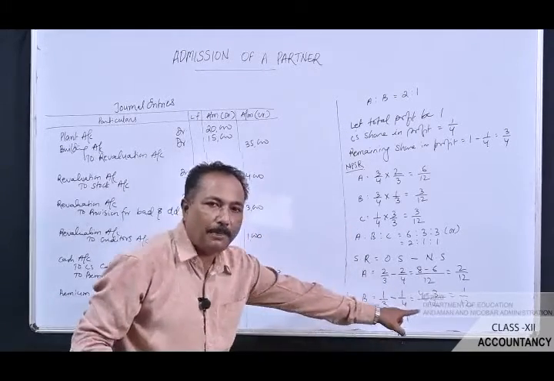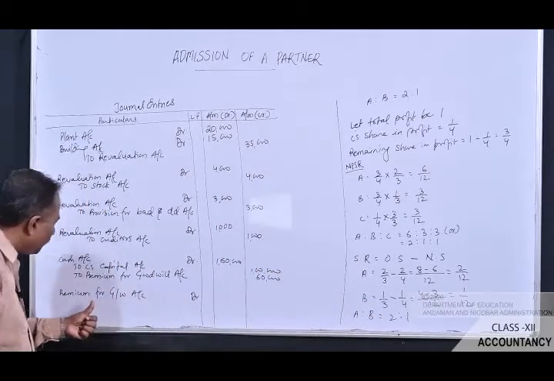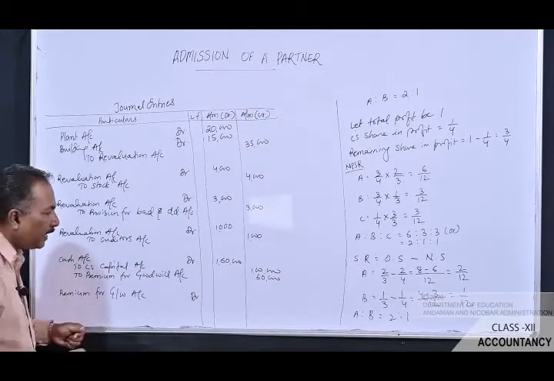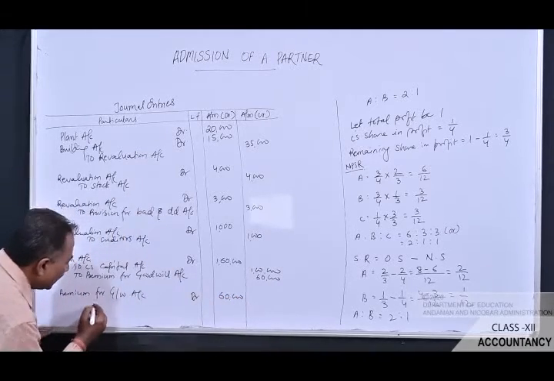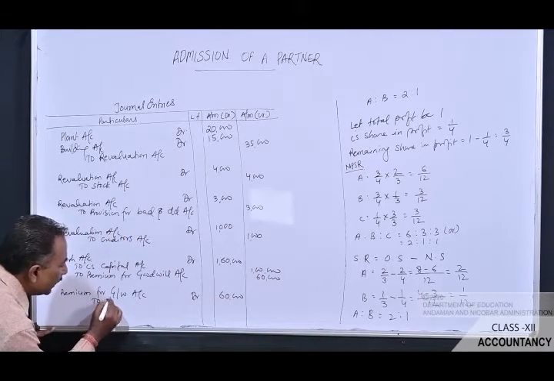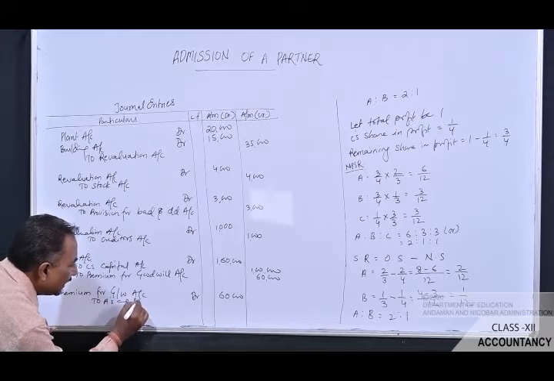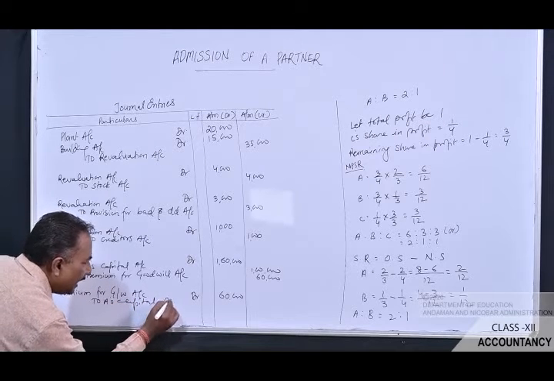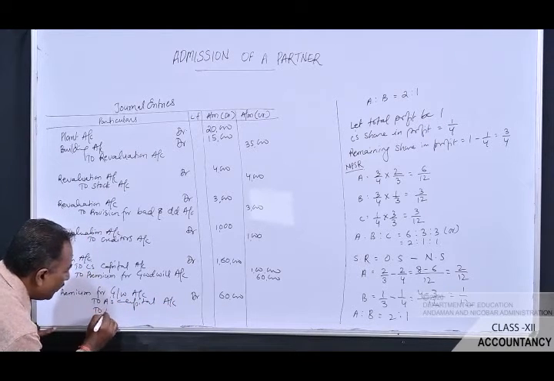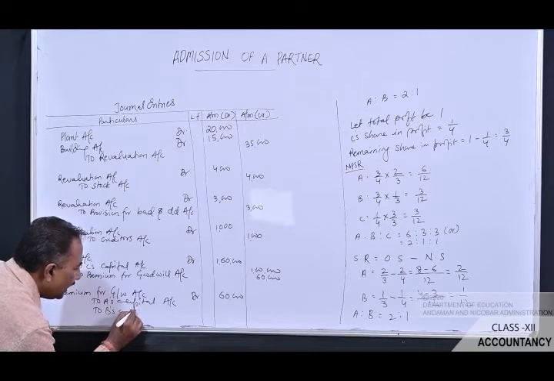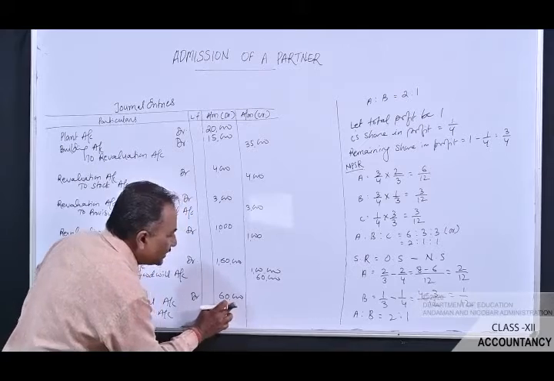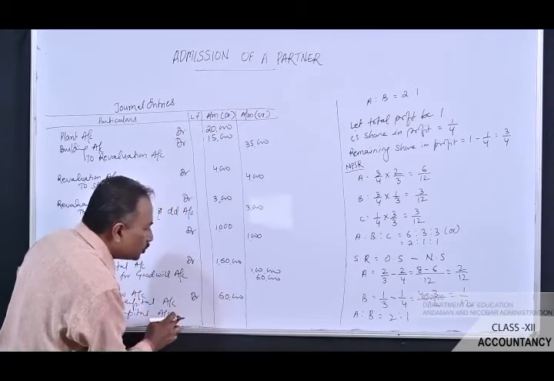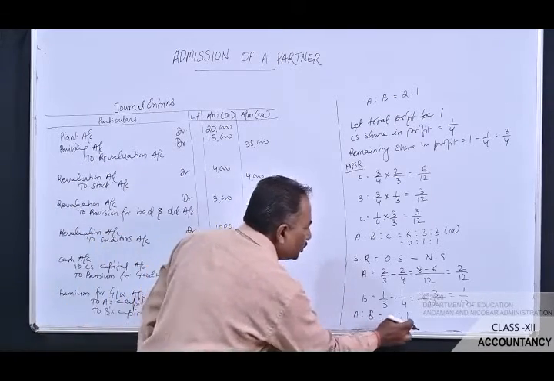So it means that both the partners have sacrificed. You have to distribute this amount of the premium of rupees 60,000 to both the sacrificing partners, that is to A and B, and that will be transferred to their capital accounts, to A's capital account and to B's capital account. And how will this amount of rupees 60,000 be distributed between these two persons? In the ratio of 2:1.